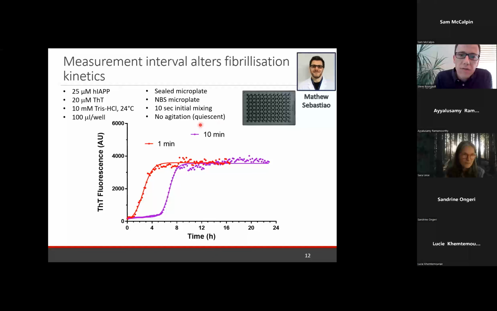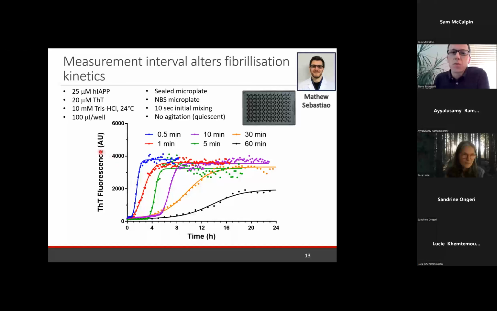So if you read the fluorescence every 10 minutes, you get the curve in purple. And if you read the fluorescence every 1 minute, you have a sharp increase, an acceleration of the fibril formation. And Matthew then confirmed this with different measurement intervals. So you can see if you read the fluorescence every 60 minutes, while if you read every 30 seconds, you have a really different